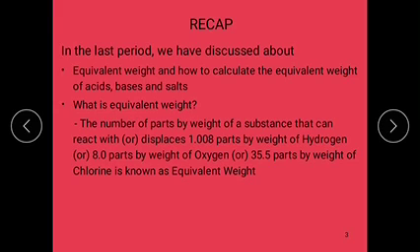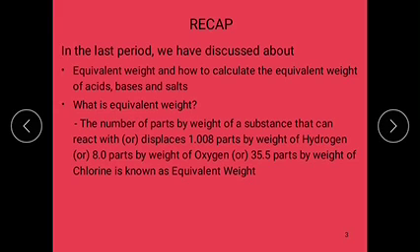Also we have discussed the concentration concept. That is the exact amount of solute dissolved in a definite amount of solution is called concentration. That can be expressed in various methods. Among that, we have discussed the molarity concept. Now let us discuss in this topic the normality concept.